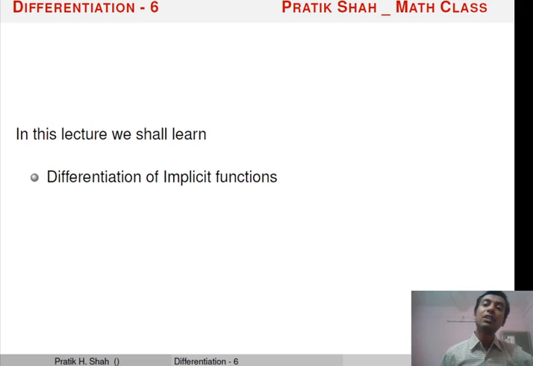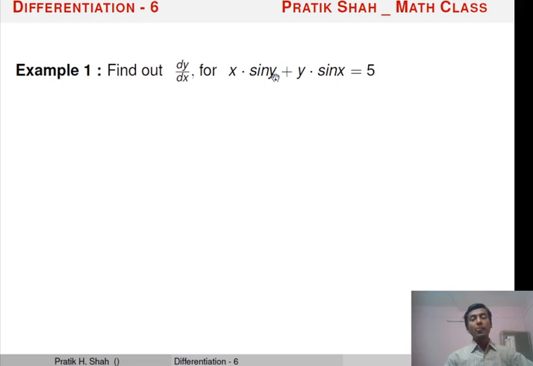And in this session we are going to see how to find out derivative of implicit functions. So this is the first example. Here you can see that x into sin y plus y into sin x is equal to 5. This is given, and you may check that it is not possible to separate, like on one side there are terms of x and on other side there are terms of y. So this is implicit function. Okay, it is not important to decide whether it is implicit or not. We are interested in finding out dy by dx.